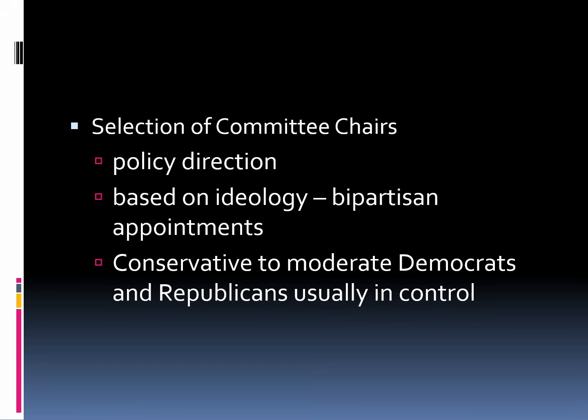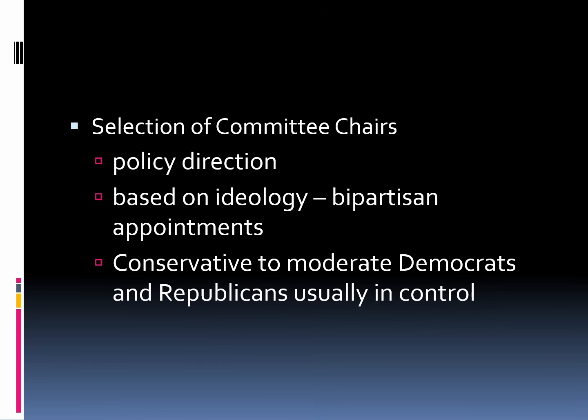So when it comes to the selection of the chairs of the committee, you have a committee and you have to have one person that's going to lead the group, right? And so it's going to be the Speaker of the House or the Lieutenant Governor that is going to select the chair of the committee as well. The importance of the committee chair is that he's going to provide the policy direction. Is it going to be more conservative? Is it going to be more liberal? You know, how these laws should be designed, how they should be crafted, whether it's going to be more liberal in the way that they look at it, or more conservative.